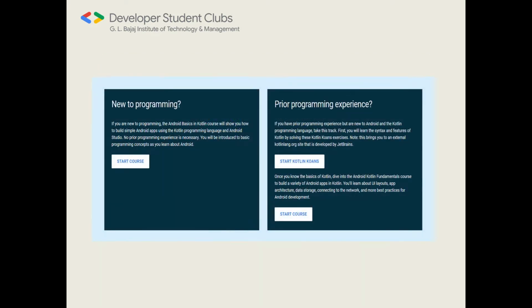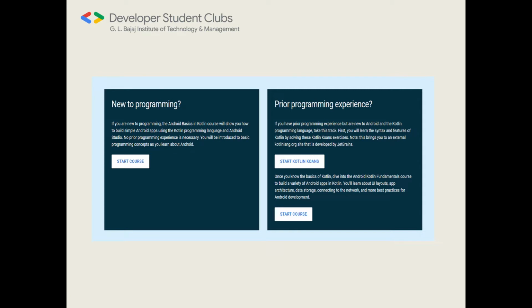As in our last session, we have already discussed track 1 of Android Study Jams, that is the new to programming track. So today we are going to talk about track 2 of our Android Study Jams, that is Android Kotlin Fundamentals.